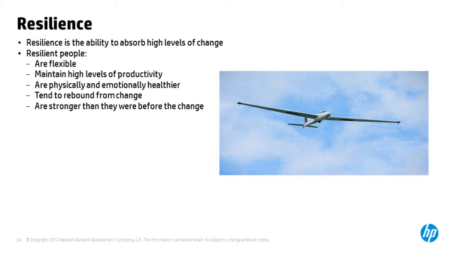The picture of an airplane flying into storm clouds demonstrates its resilience through change. On the ground, the airplane's wings are fixed and firm. However, the wings are actually flexible so that in the air they can withstand the gusts of wind. Once the airplane has flown through the storm and landed safely, its wings are fixed and firm again. In the same way, people who are flexible are resilient and can rebound from change. As a change leader, you need to develop your own resilience as well as encourage others